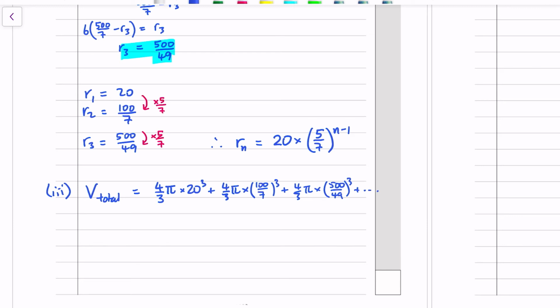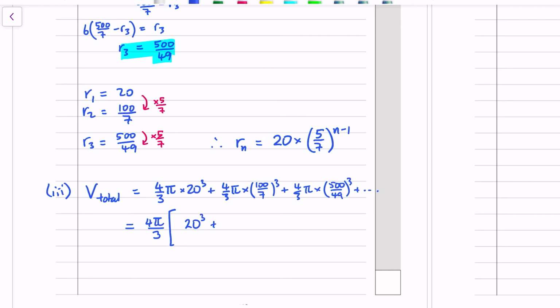The maximum volume of the total is limiting to some value, because we keep on adding ball bearings, but the ball bearings are getting smaller and smaller, so it is possible that there is a limit to the volume in total. Okay, so we need to add up this thing. We've got a common factor of 4 pi over 3 in all of them, and then we've got to multiply this by the radius cubed, 20 cubed